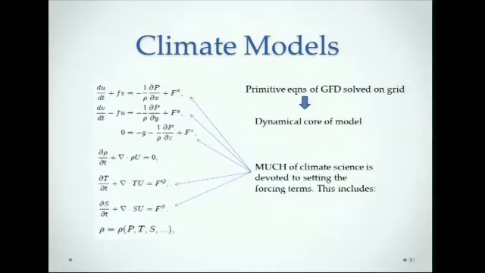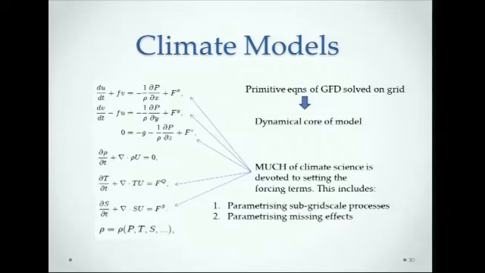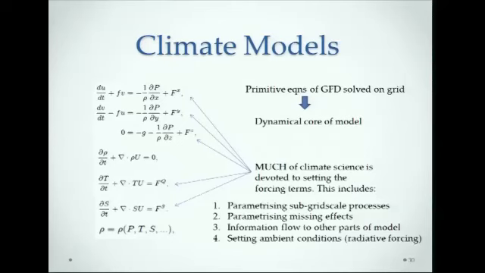Doug Nychka calls this the craft of the climate scientist, to form these forcing terms here. That includes parameterizing subgrid processes, parameterizing missing effects, information flow to other parts of the model, setting ambient conditions, radiative forcing. Obviously, if you're doing it under 20th century conditions or so on, that comes into these Fs,